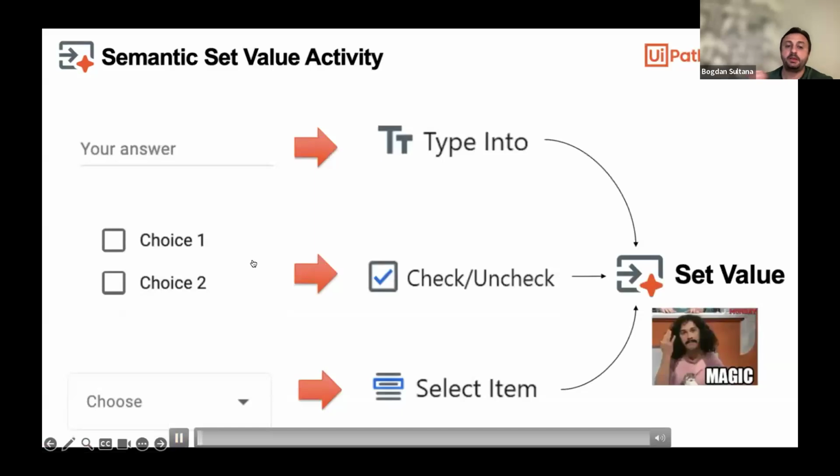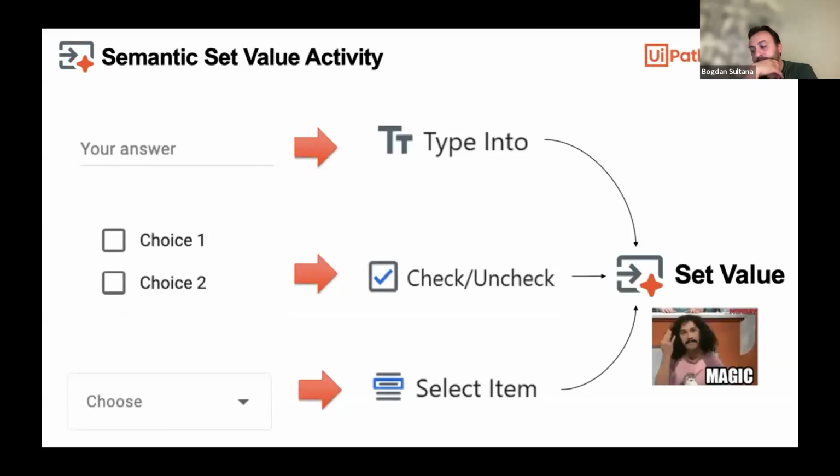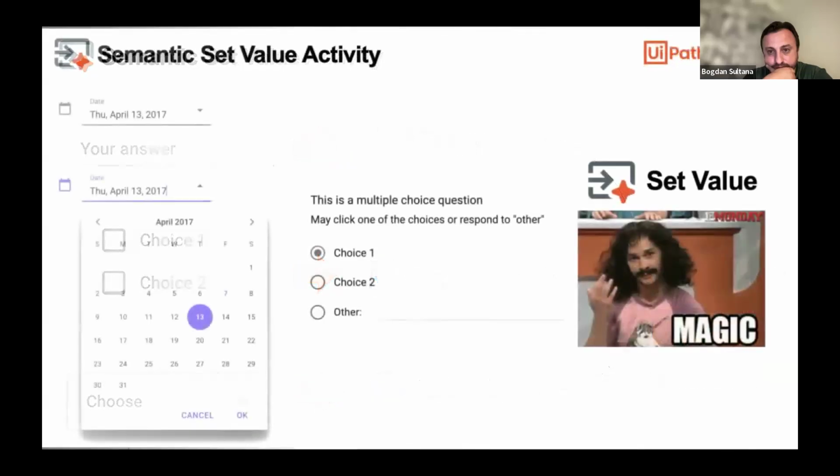Set Value, the ultimate input solution. Building on the power of Fill Form, Set Value brings the same functionality to a single input element, no matter the type. It's the one-stop solution for all your data entry needs. Simplifying input actions. Say goodbye to multiple activities like Type Into for text fields, Select Item for dropdowns, or Check/Uncheck for checkboxes. With Set Value, you have one activity that handles them all seamlessly. Handling complex UI elements. And it doesn't stop there. Set Value easily navigates complex UI elements, from intricate date pickers to groups of radio buttons, ensuring every interaction is